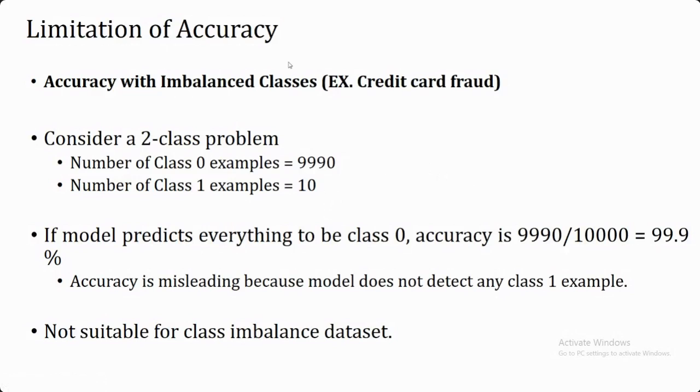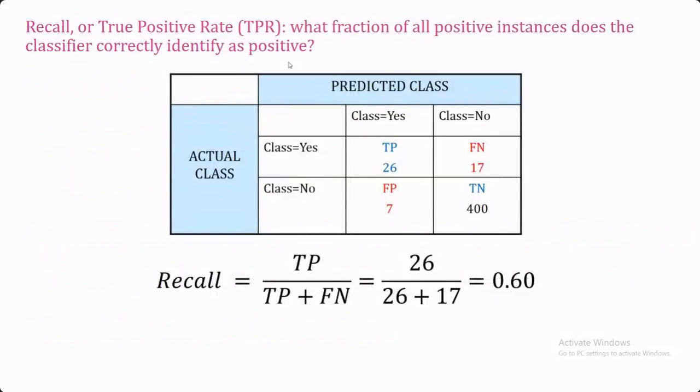So it works well for a balanced data set, but it is not working for an imbalanced data set, because it's not considering the information on how many misclassifications there are. It is only considering the information where we have made the correct classification. Now in order to cover this misclassification, we have some other performance measures also. So first we are going to start with precision and recall. The first one is recall.